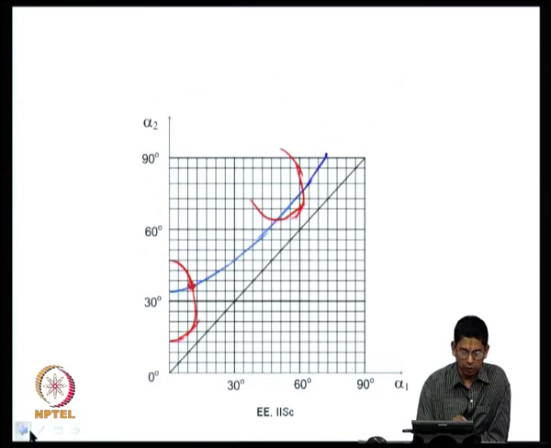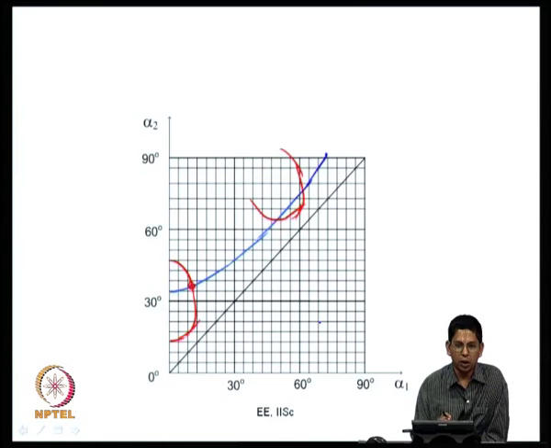In this kind of a situation, it may not be an intersection of 2 different curves. When you are considering only 2 switching angles, alpha 1 and alpha 2, you are on a plane. If you are considering alpha 1, alpha 2 and alpha 3, you are in a 3 dimensional space now. So, your desired V1 will not be a curve, it itself will be a surface. And when you say V7 is equal to 0, that might become another surface, and V5 is equal to 0 will be another surface. So, you are looking at the intersections of 3 different surfaces in a 3 dimensional region. This idea you can just go about extending. It will give you some idea as to what you can start from now.